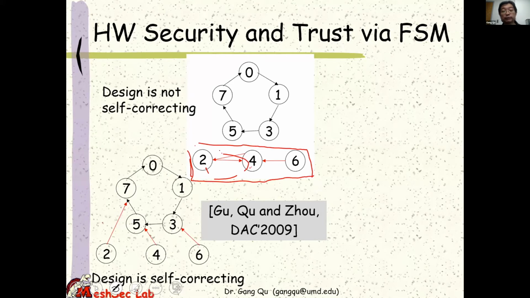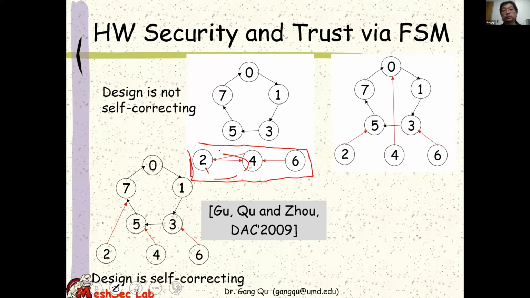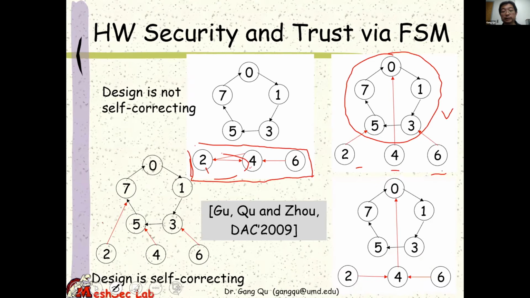But now with one of the features, for example, Mark mentioned, the watermark. If I try to test the circuit, I check the final state machine, and I come up with this state machine here. I still have this pattern, which does the 4-state transition. And each of these 3 unwanted states moves into the circle. So they are self-correcting, which in some sense is a good design, because eventually they all move back to the circle.